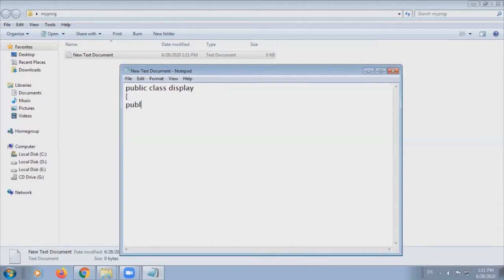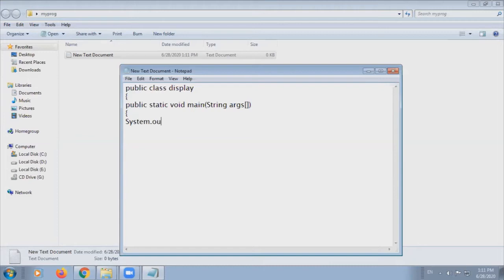When you make the program, make sure you save the Notepad file with the name of the class that you have given in the Java program.